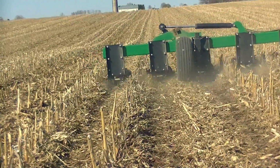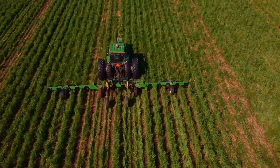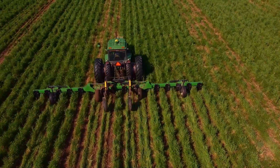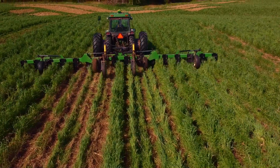And actually, we did use that for 2 years, just straight no-tilling, no biostrips. And there again, I would say I'd highly recommend it for anyone that wants to no-till into anything. Wheat stubble for sure, and it'd be an advantage in some other stubbles as well. And as far as pitfalls,